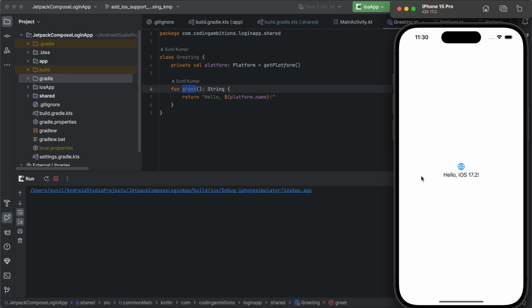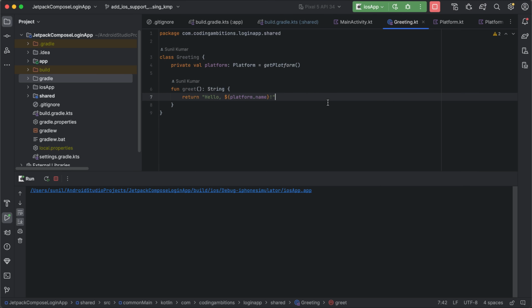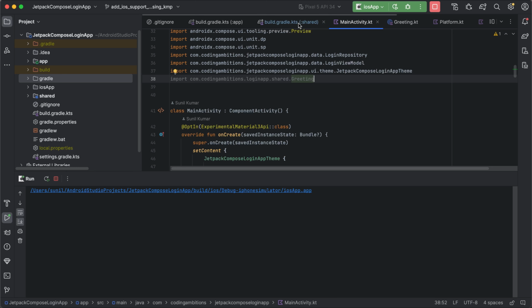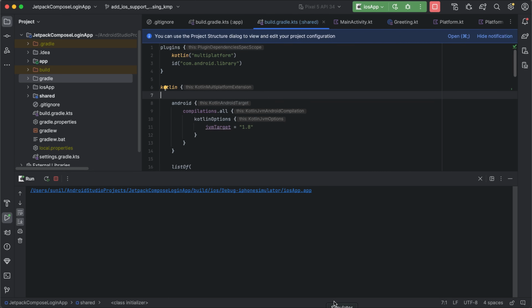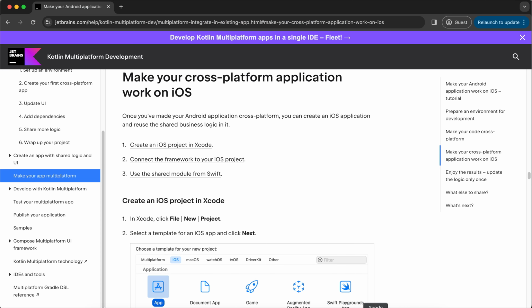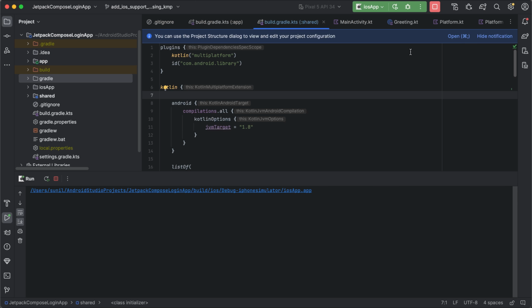So now if you see, this is just a simple message. So the iOS app is also set up with the shared module, and this shared module is working on the Android side as well, right? We checked that. So now what is the next? If you see, this part is only without the Compose multi-platform yet, right? Suppose you want to share the business logic only, so for that you can add the shared module